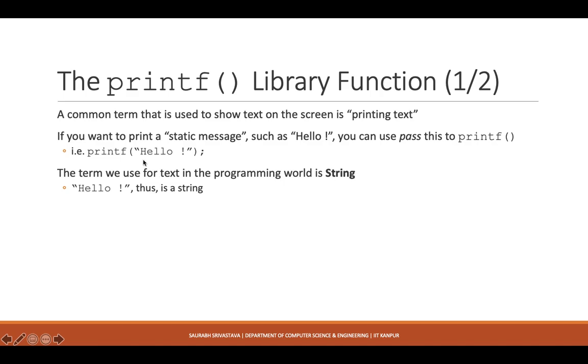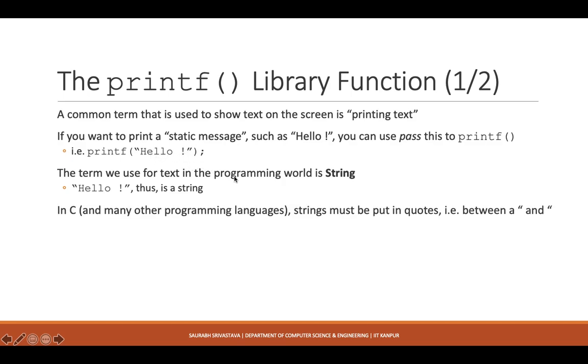So here there are characters like H, E, L, L, O. There can be other characters as well, special characters. You can also write numbers as characters if you want to write them as part of your message. So one thing that you can understand here is that anything that is inside these quotes is basically considered as a string.